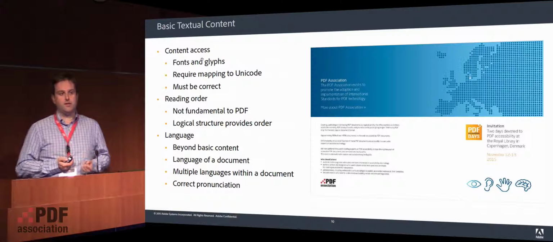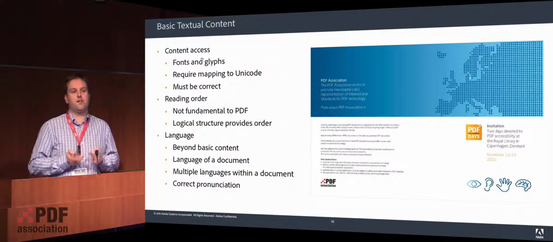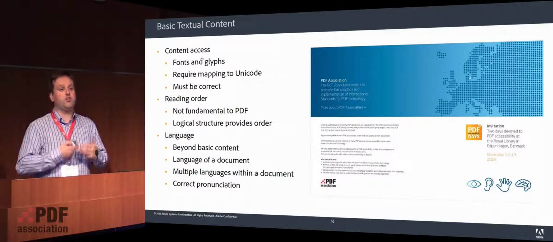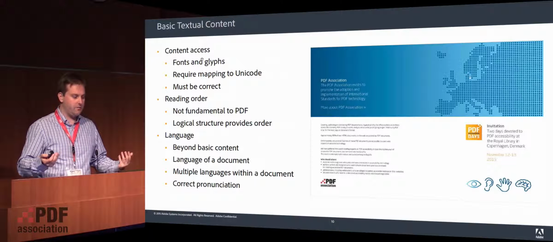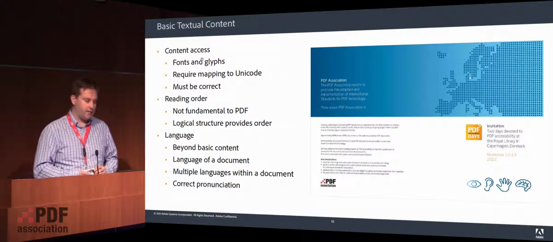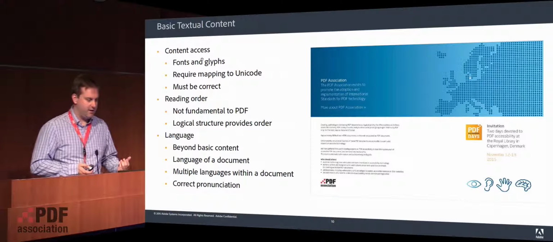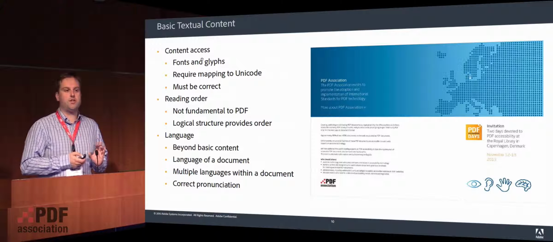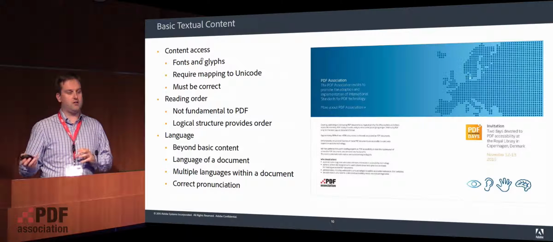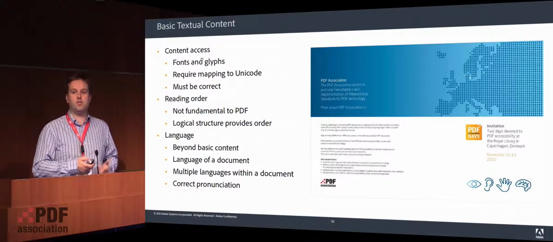I talked a little bit about this already. Text is not fundamentally accessible in PDF. You have to do something to make it accessible. And in my talk this afternoon, I'll actually be going into real technical detail on how to achieve this. But you must map it to Unicode, as I said. The logical structure defines the reading order for the content, which allows it to be accurately consumed by a piece